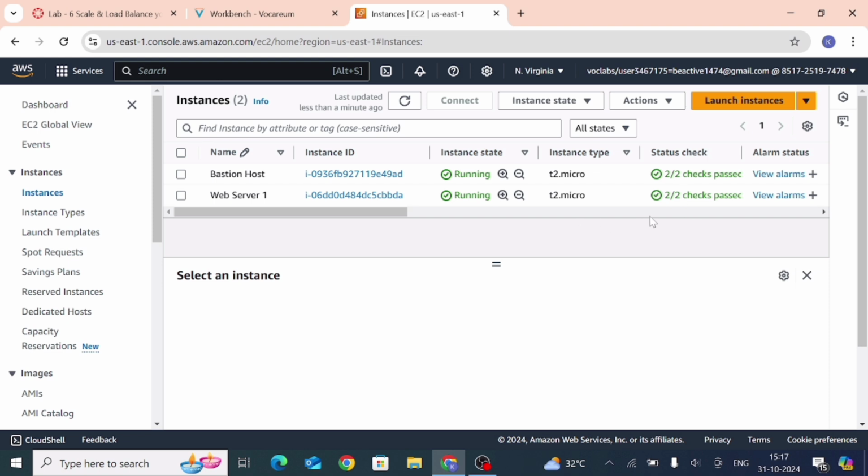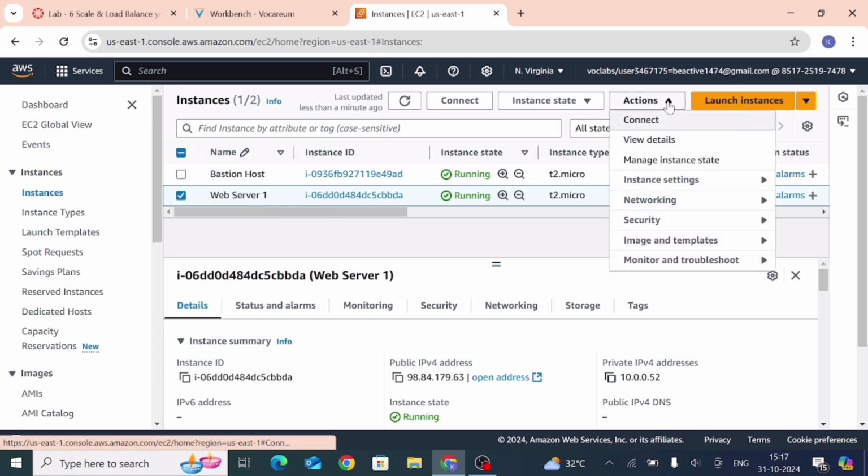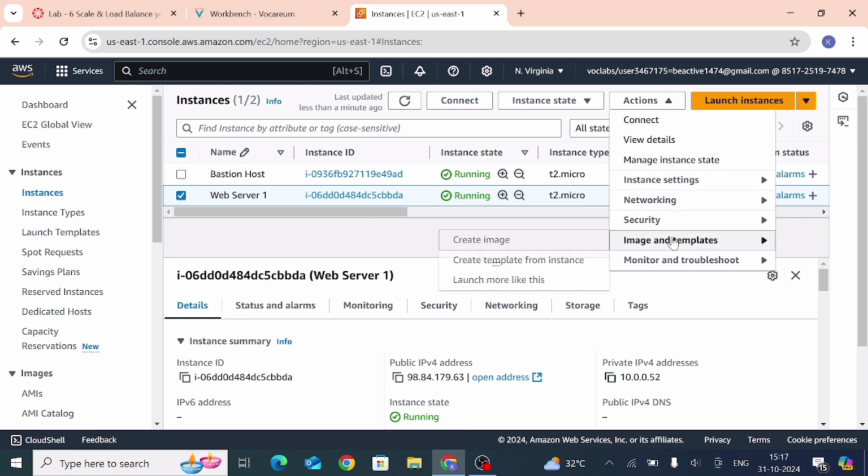Now next select web server 1. Just click on it. Now click on actions, image and templates. Here it is.